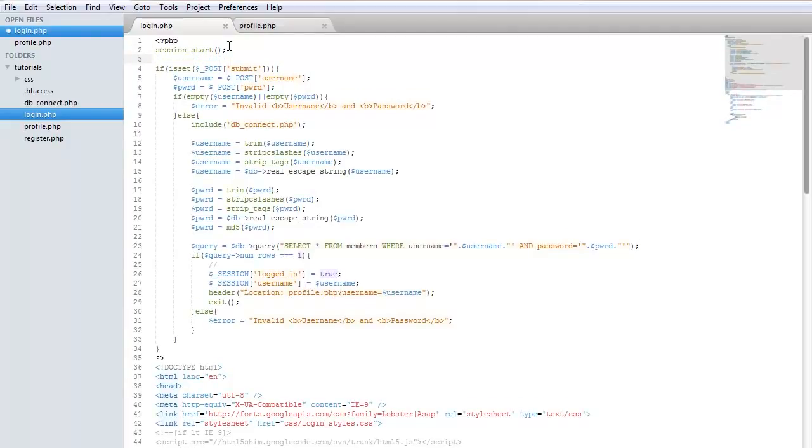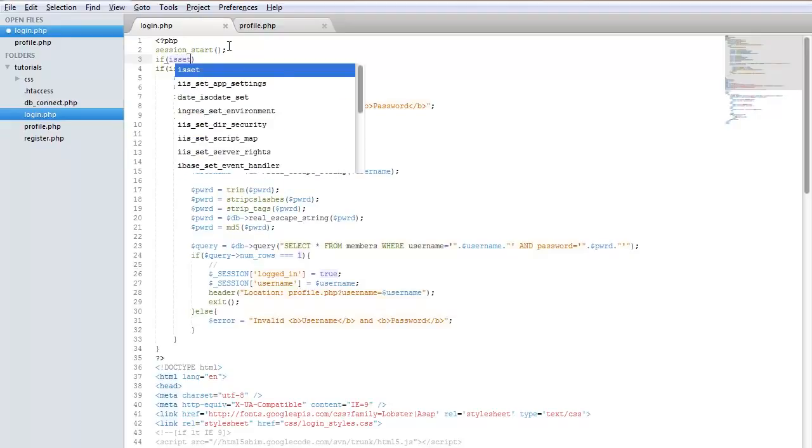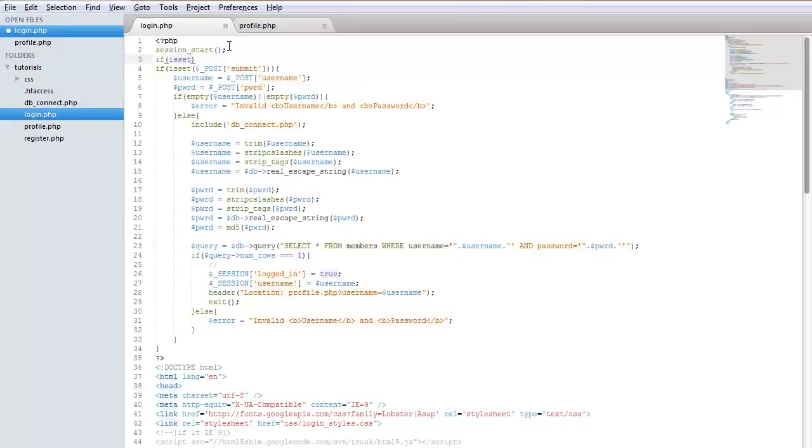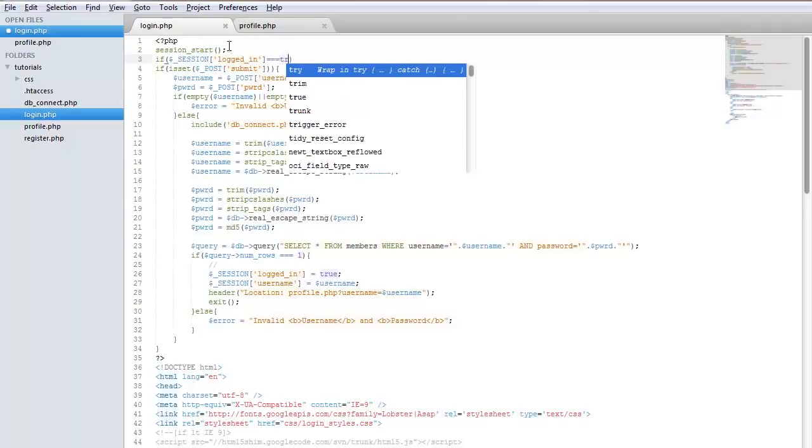So let's go back into our login script, and right here, let's perform a check, right? Because if the person's already logged in, there's no need for them to be coming back to this page and logging in again. So let's check to see if it's set. No, let's do it like this. If session logged in equals true,